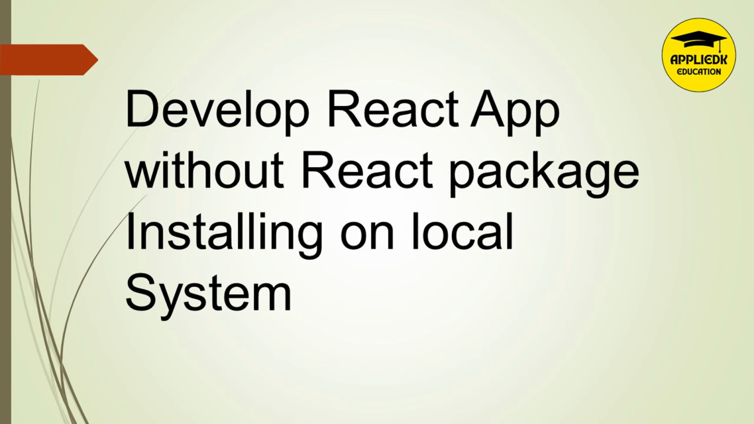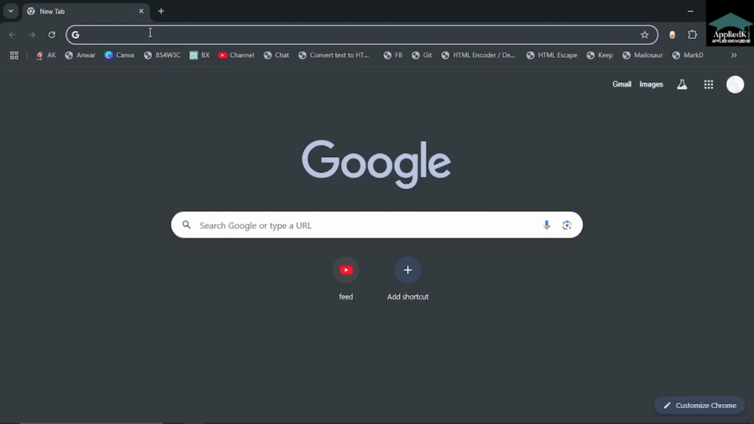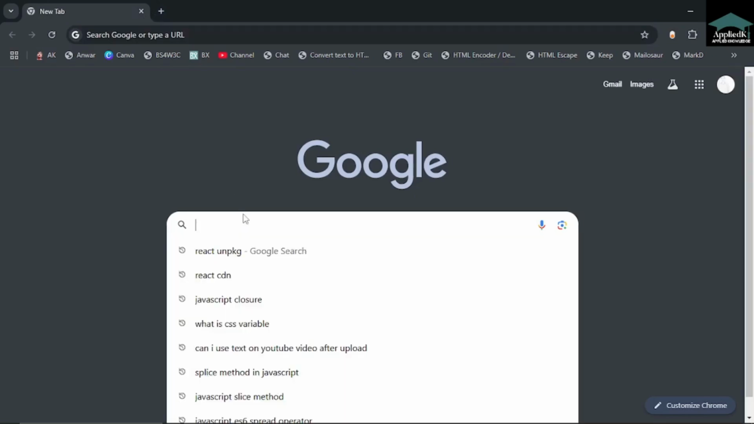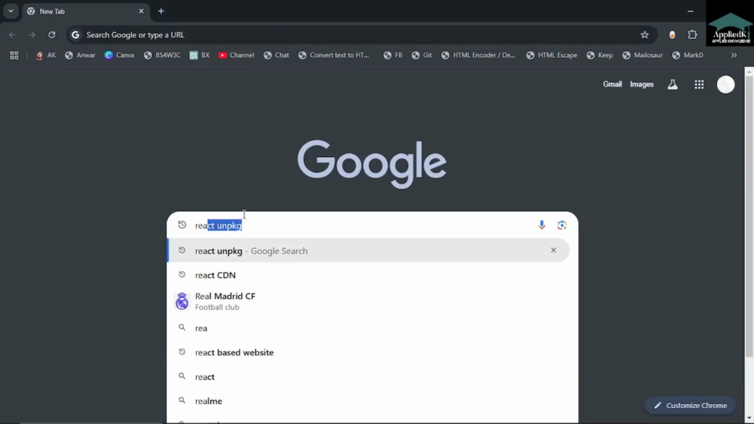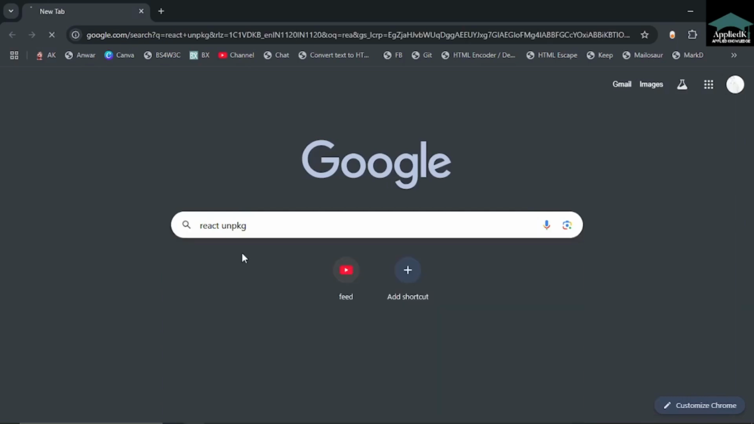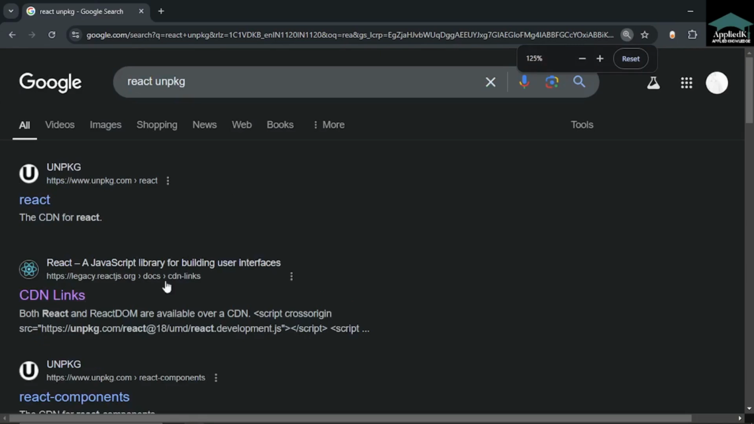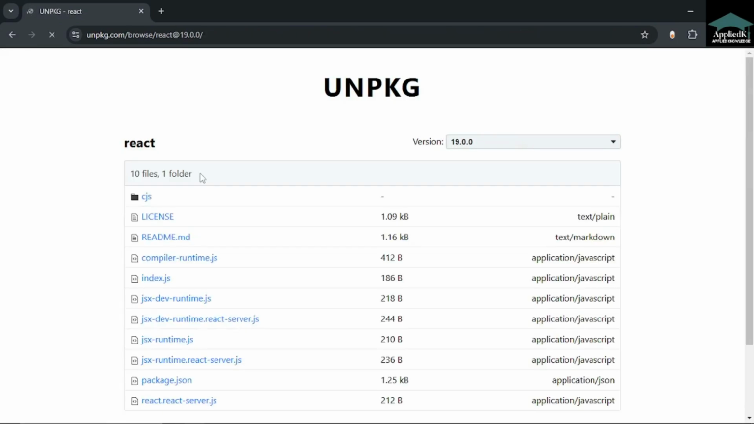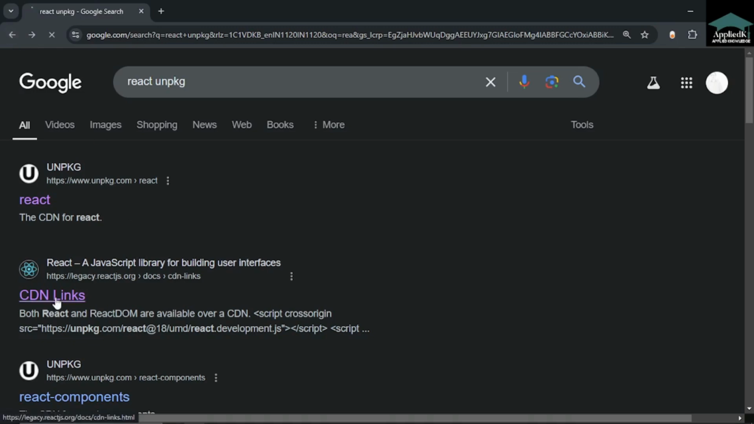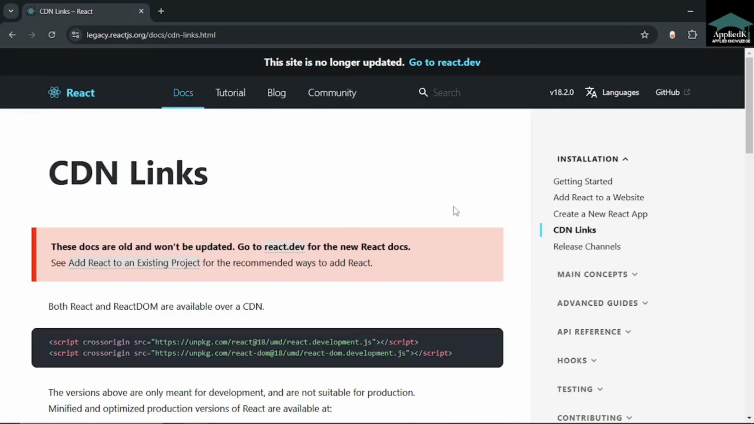I have opened the browser. Now you just have to type here React CDN. Here is a React CDN page. You can also use this one. I zoom it slightly, so that it will be good for you. You go and click here on React. You are looking for the CDN links. Otherwise you can use the CDN link. Okay, now you see here